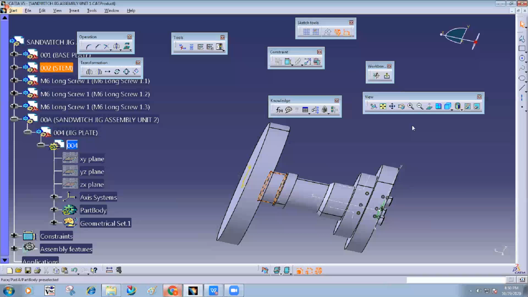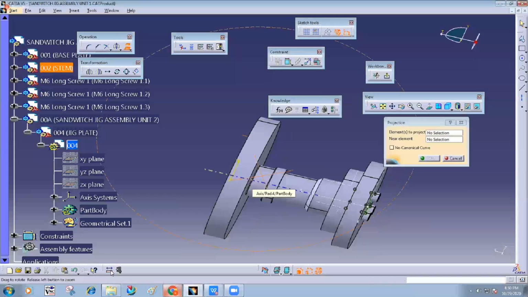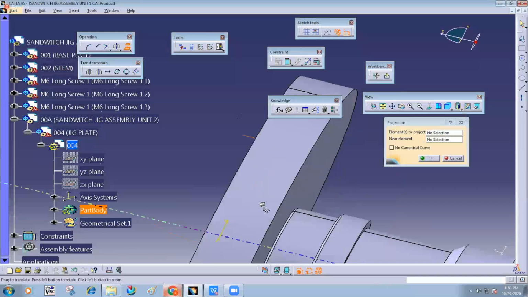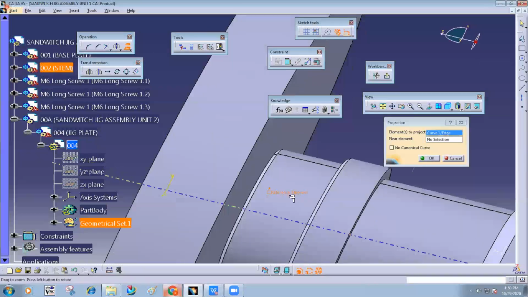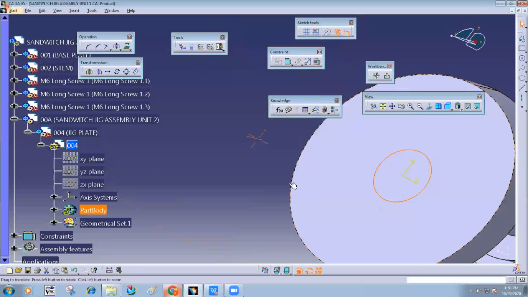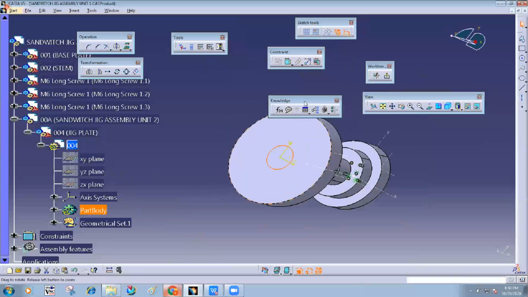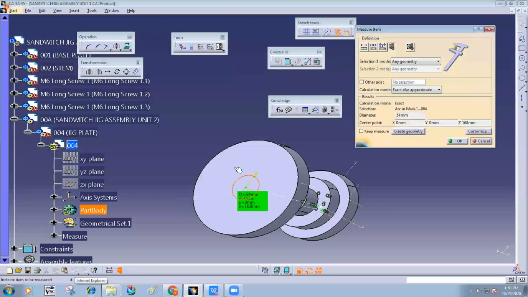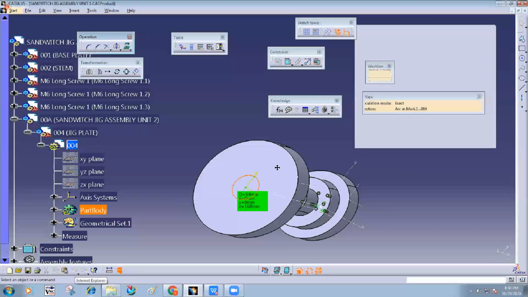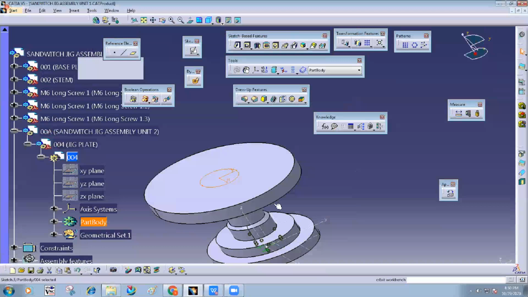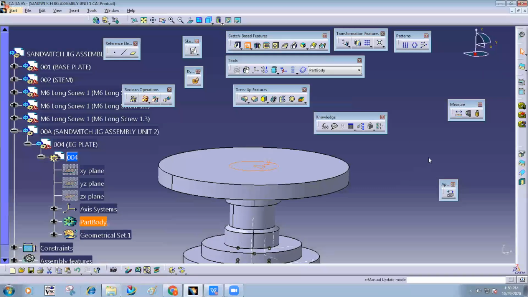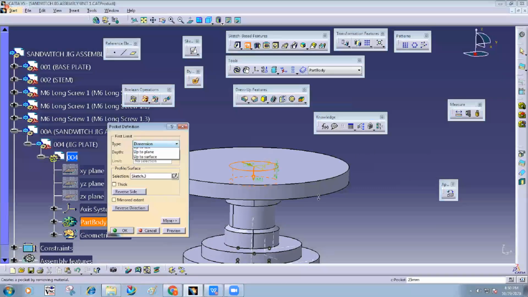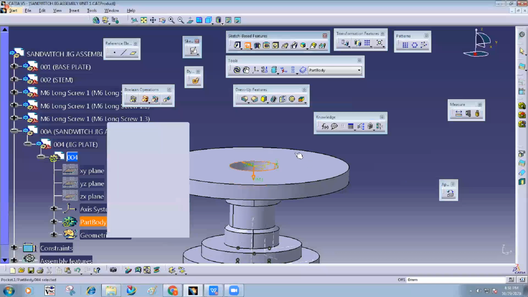So you take the project option here. Projection of this diameter. Okay, the circle is projected there. You can check the diameter here. It is 54. You may create a hole also, no problem. And then use a pocket up to next. Preview.